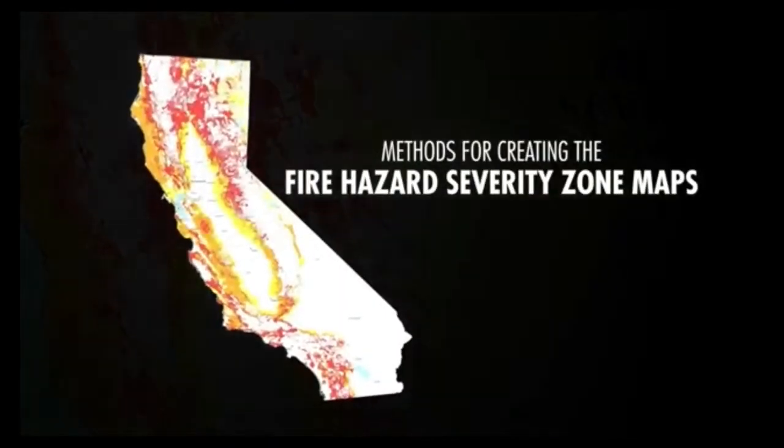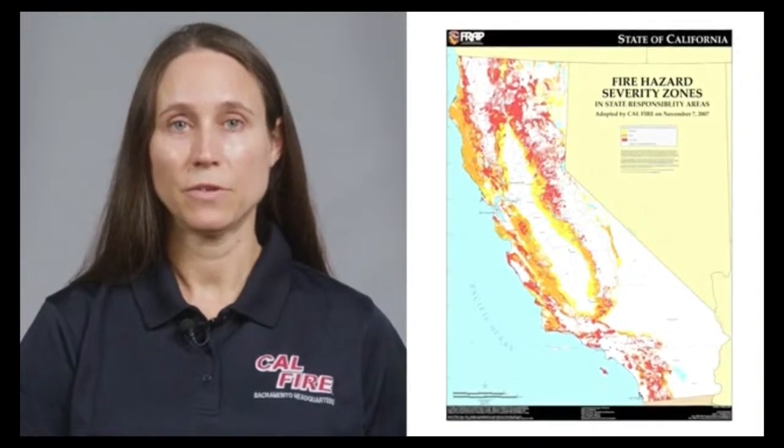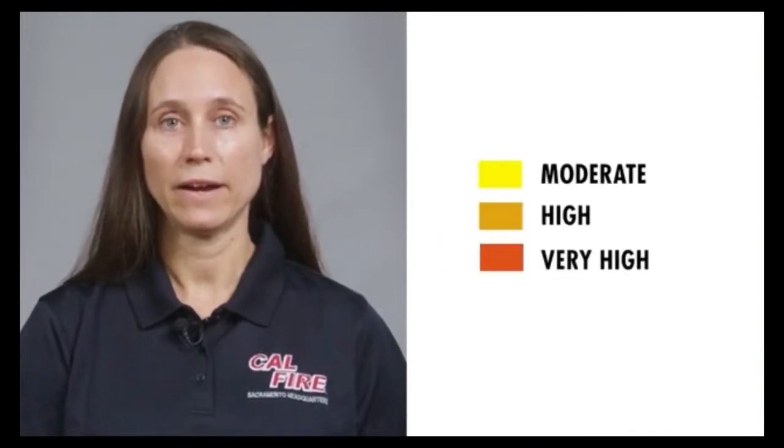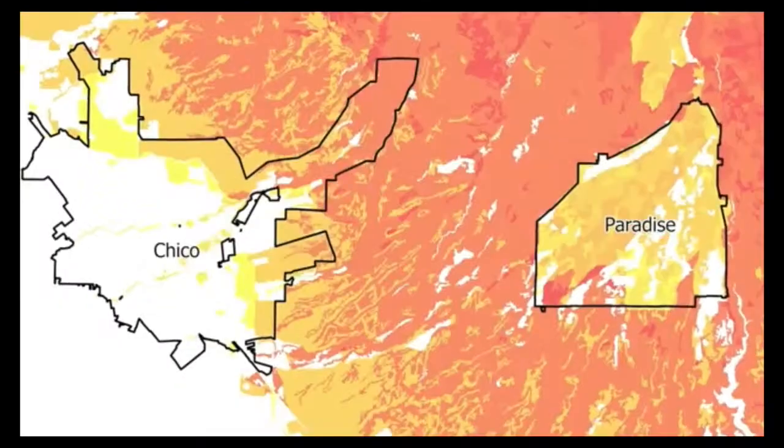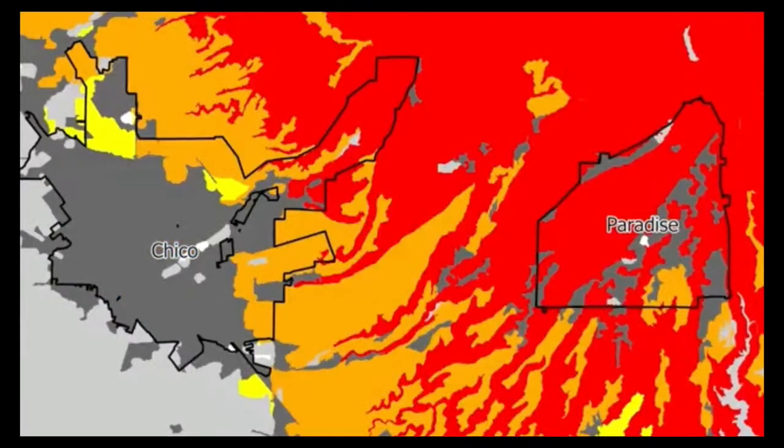Fire hazard severity zone maps are built to describe relative wildland and urban interface fire hazard potential over the long term for all areas of the state. The zones reflect areas that have similar burn probabilities and fire behavior characteristics and are split into 3 classes: moderate, high, and very high. To explain the methods used in building fire hazard severity zones, we will show the sequence